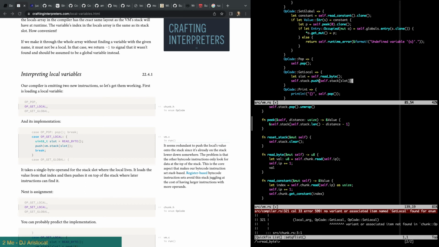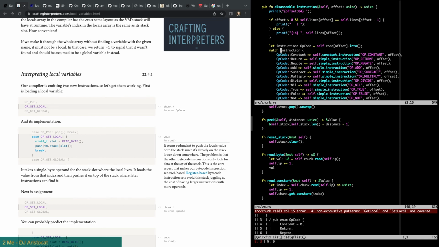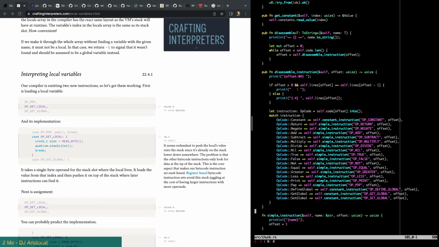That's not going to work, right? Slice indices, or I can do it as usize. I don't know if that's going to work because of the